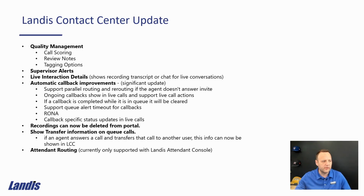We also added some Supervisor Alert options. The current feature is based off of sentiment score. Sentiment score is something that would have to be enabled for this to be active. And then an alert icon shows up on the wallboard for the associated queue, or on the queue status or